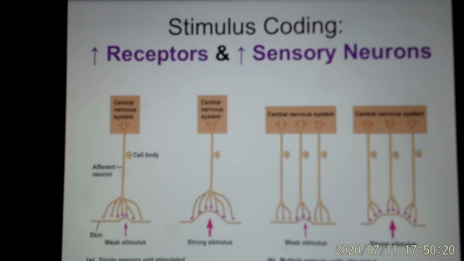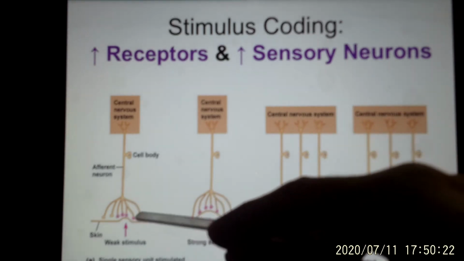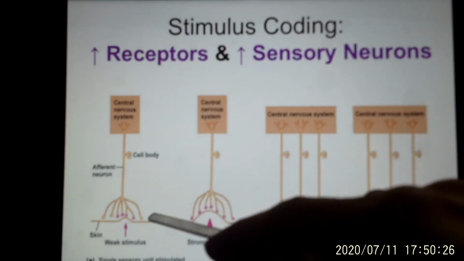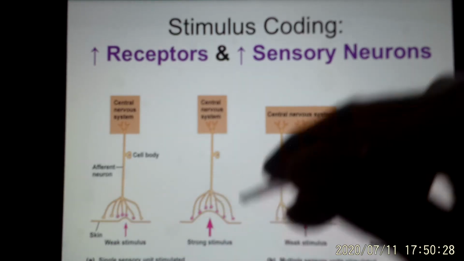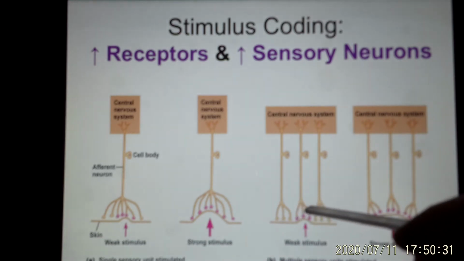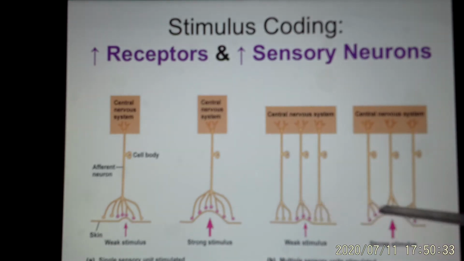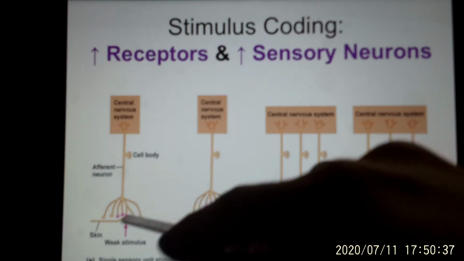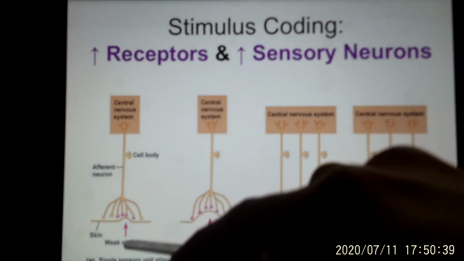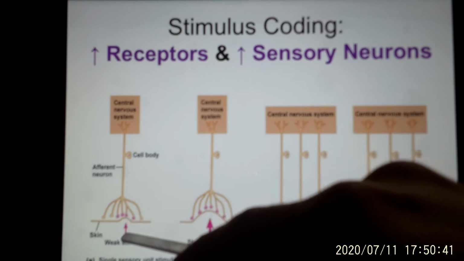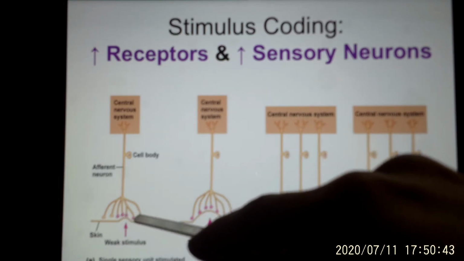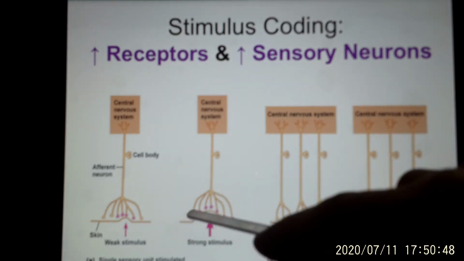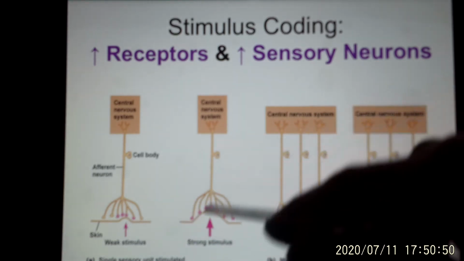Also in the receptor part, you provide the small stimulus, you provide the bigger stimulus. No matter whether the receptor has a big receptive field like this, or a small receptive field, they all are able to detect the difference between the weak and strong stimulus. If you have a big receptive field and you provide a weak stimulus, they will activate a few of those synapses. If you have a bigger stimulus, you can activate all the synapses, so they are able to detect the